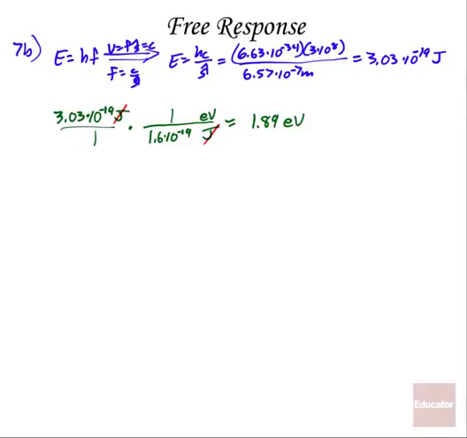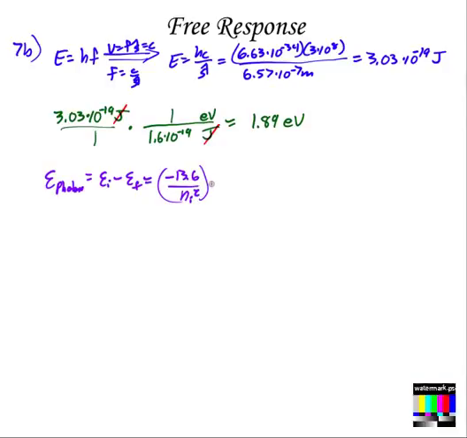Now to find the energy of that photon, recall that the energy of a photon is the initial energy minus the final energy, which is negative 13.6 eV over our initial n squared, minus our final energy, negative 13.6 over 2 squared, since we're dropping to the n equals 2 level. We've got to find what n i squared is equal to, because the energy of our photon is 1.89 eV. So now it becomes an exercise in algebra to solve for n i. First I would write